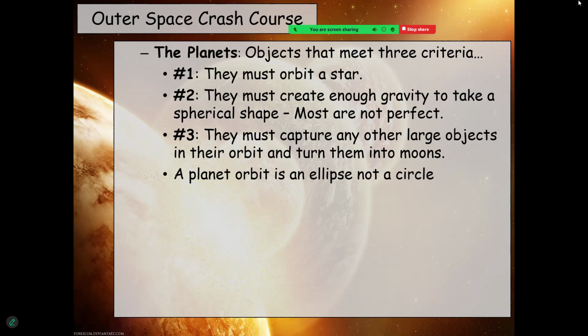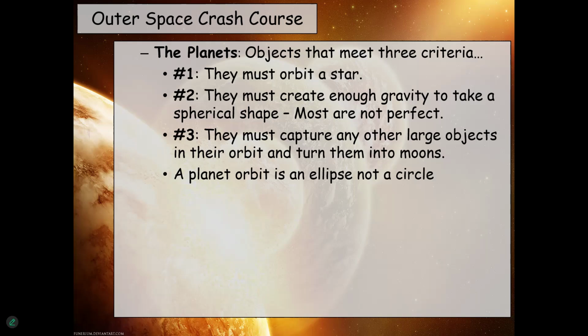Speaking of orbiting things, planets don't orbit in circles, right? We have this idea sometimes, especially if you've made a model of the solar system, that the sun is at the center of the solar system, and then all the planets orbit in a circle around the sun. Well, there is some truth to that, but it's not a circle. It's what we call an ellipse. You would call it an oval. It's not an oval, mathematically speaking, it's an ellipse, but you would call it an oval shape. And the sun isn't at the center of that oval. It's actually slightly off center at a point called a focus.